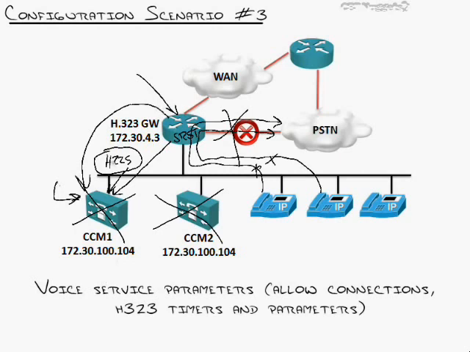And these H.225 keep alives, while they're useful, they're not necessary for the gateway to detect that SRST mode needs to be enabled. The phones actually detect the call manager is down and fail over to the SRST gateway to use it. You don't really need the gateway to detect if the call manager is down. So one of the handy things that you might want to do to keep active calls active should there be some call manager failure that it needs to recover from, you can go into,